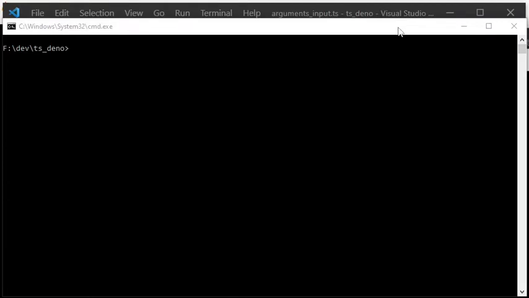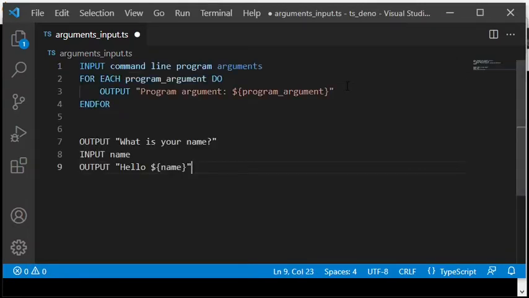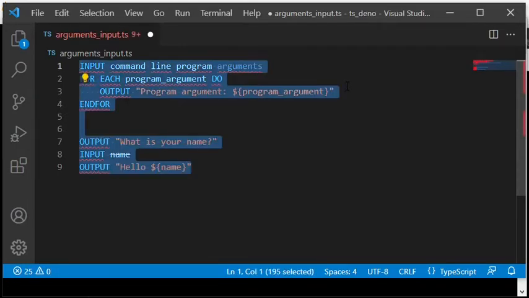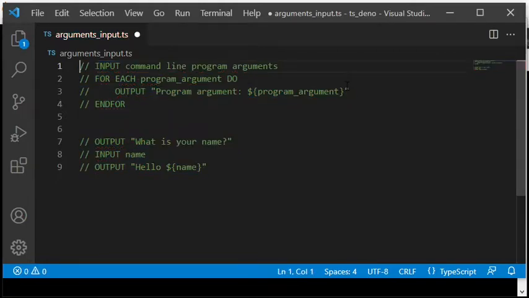Now I will replace this Hello World implementation with a program that will receive and print out arguments provided from the command line. And the program will also ask the user for keyboard input and will then print out to the screen what the user typed. For this purpose, I have prepared some pseudocode, which I will paste into the program, but within comments, since it of course would not be possible to execute. Then I will modify it by changing it into TypeScript code, which can be executed.